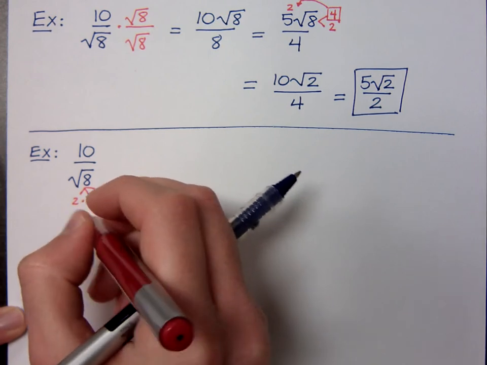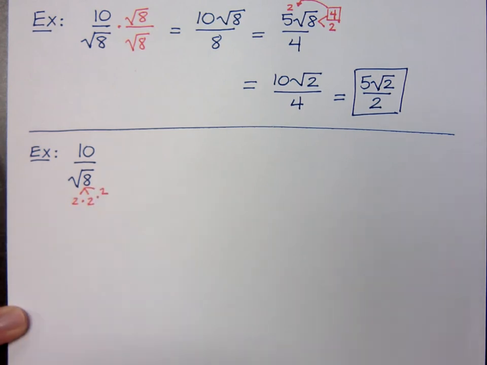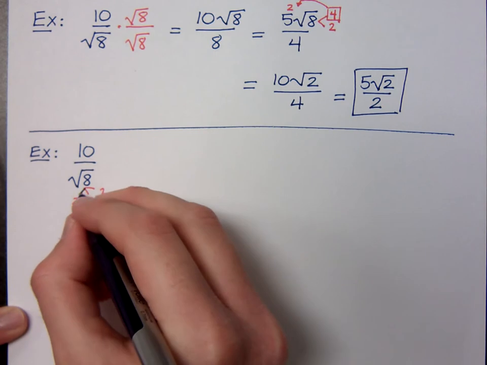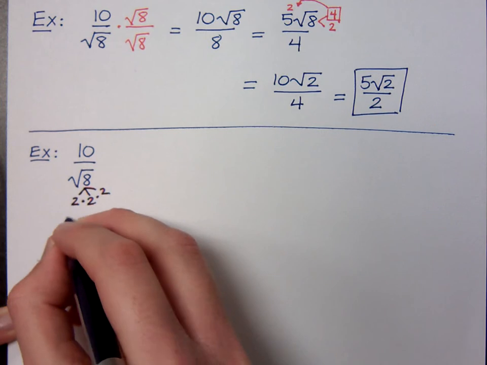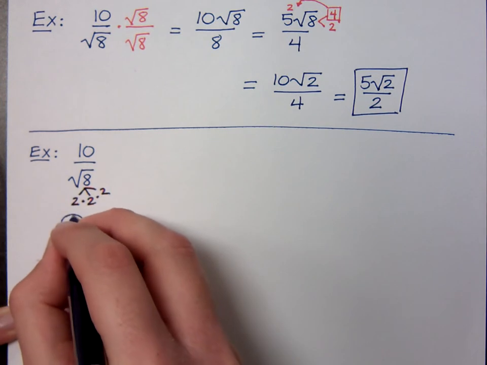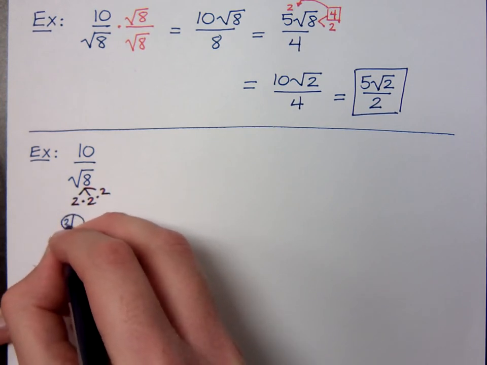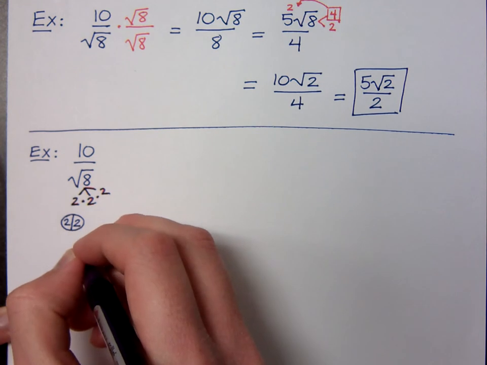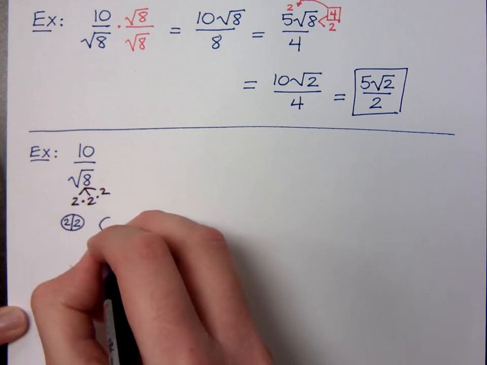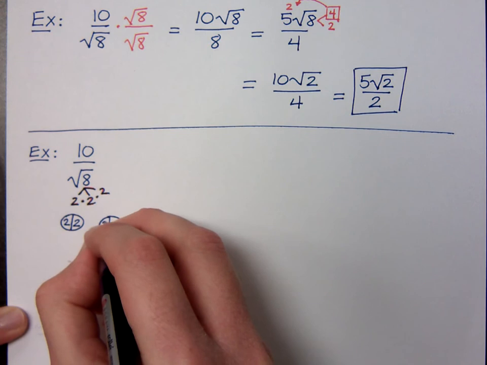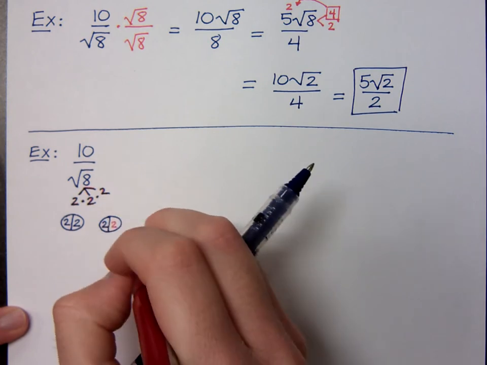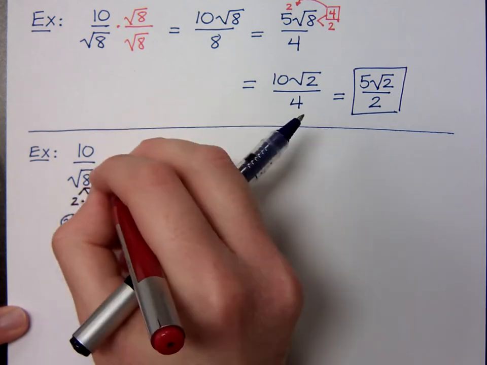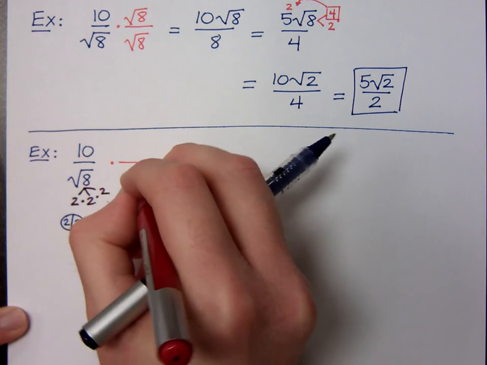Now, in that funny little thing that I was doing before, I said I needed to have perfect squares, right? Well, I've got 2 factors of 2 to fill up 1 perfect square. And then I have another 2. So what's really missing so I can have all of my squares complete? Just one 2 is missing, right? So if I do that and I just multiply times the square root of 2,